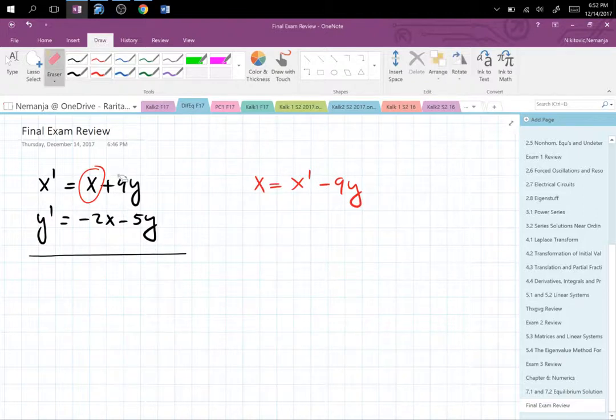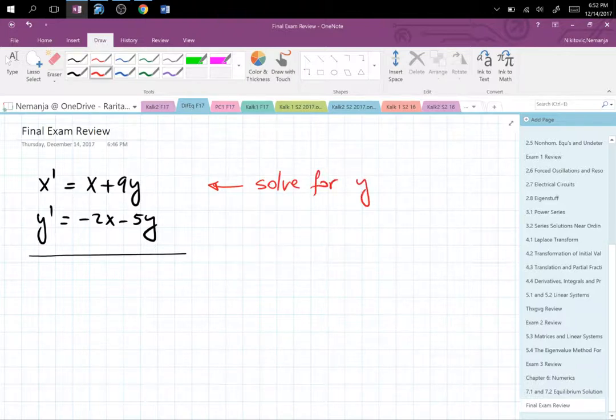No, you solve for y. So either solve for y or solve for x. Pick your poison, right? So let's solve for